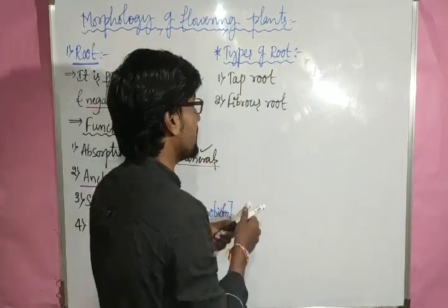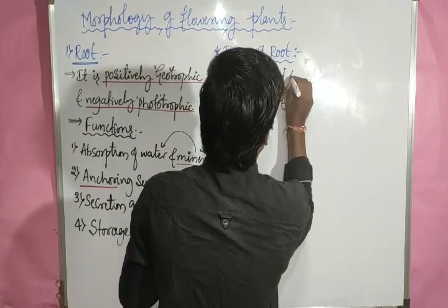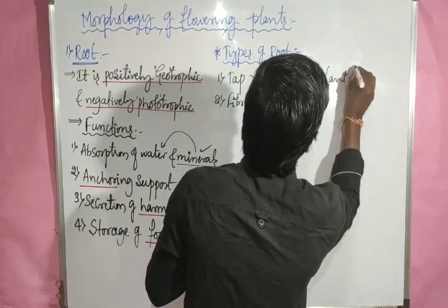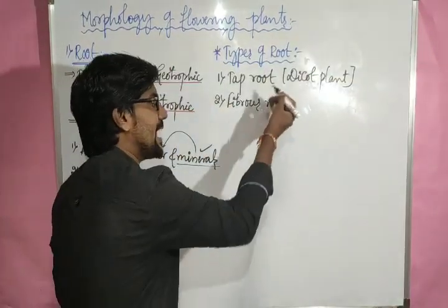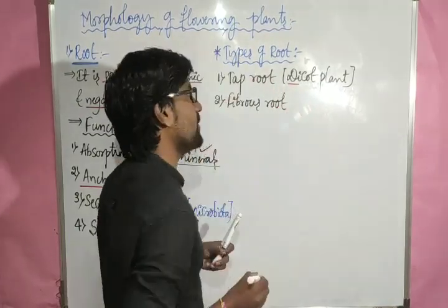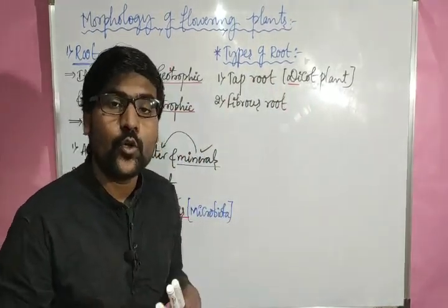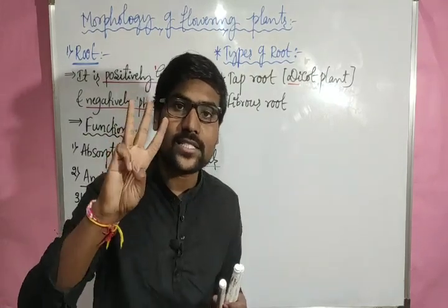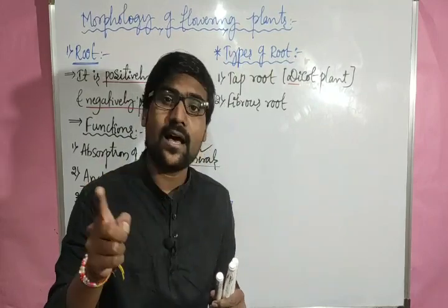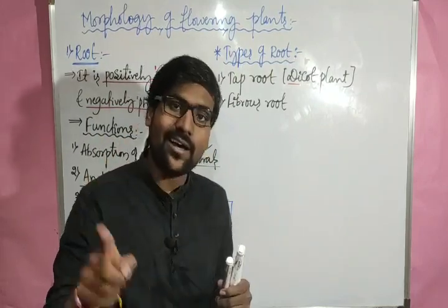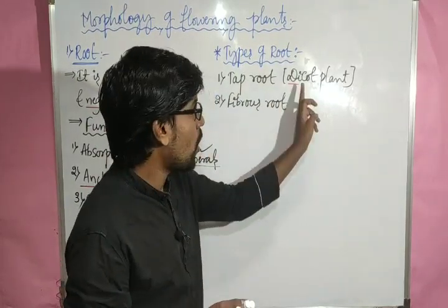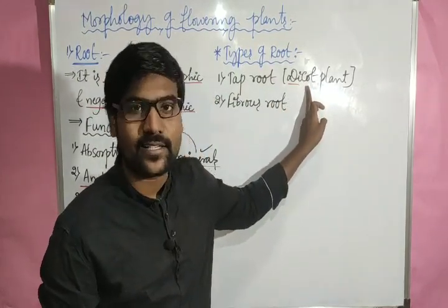Taproot, this is the major feature of dicot plants. What is a dicot plant? So di means two. Keep this thing in your mind. Di means two. Uni means one. Tri means three. Tetra means four. Penta means five. Hexa, hepta, octa, nana, deca. That means here di means two. Cot means cotyledon. ಕನ್ನಡದಲ್ಲಿ ದಳ ಅಂತ ಹೇಳ್ತೀವಿ.